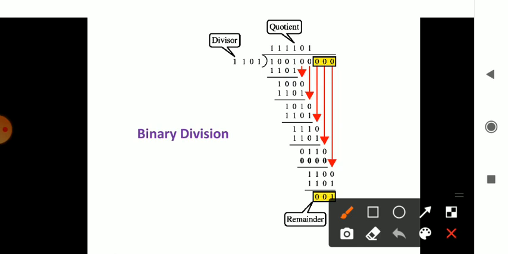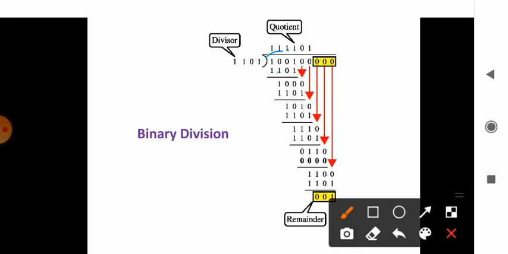So 0 minus 1 I can't do, so it will be accepting the information from the other bit. So it becomes 2 minus 1, which is nothing but 1. Further, it cannot accept the data in the future, so it will be left blank. So this is your next further number.